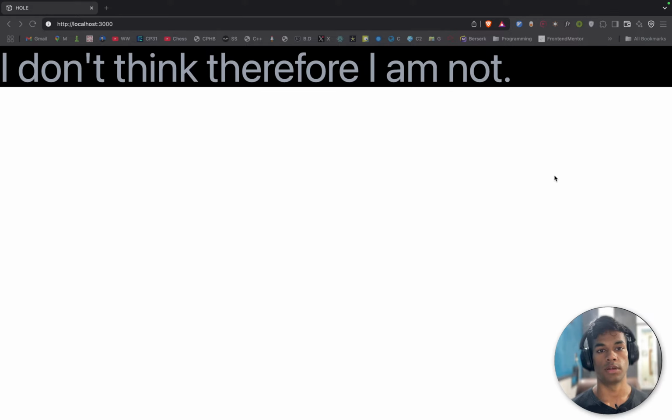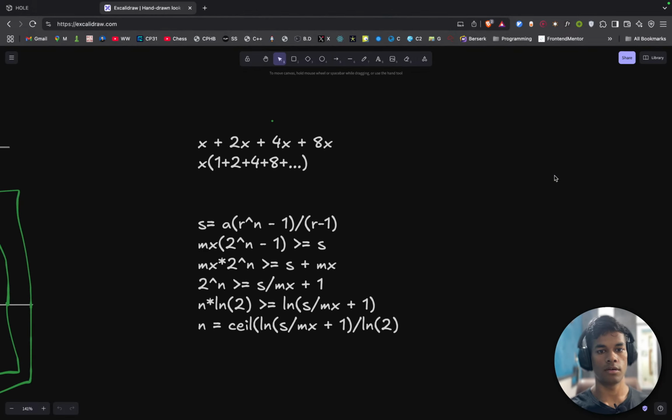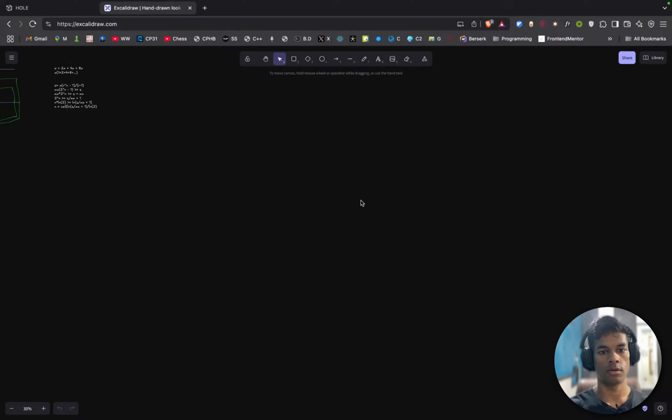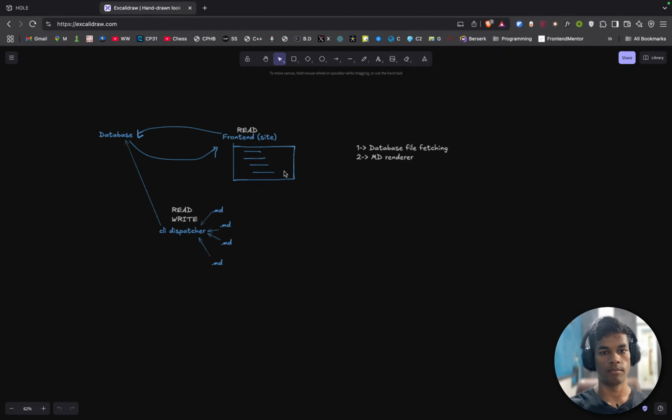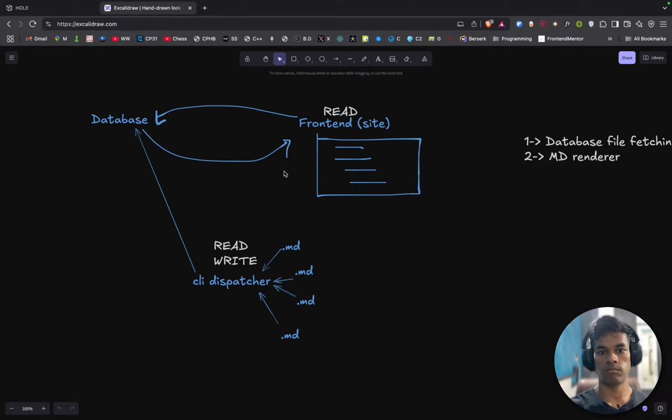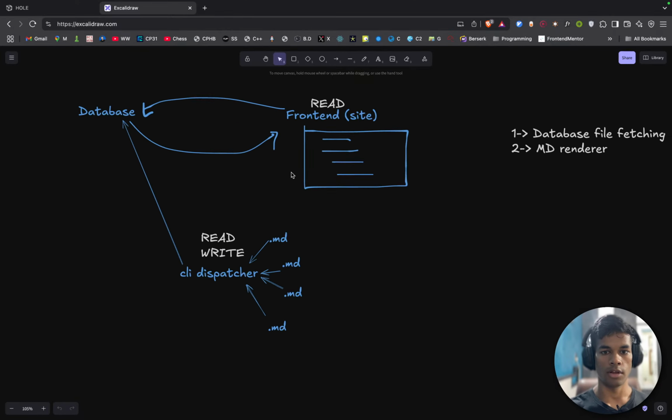I don't know. It will be fetching. Okay, I think I created something on Excalidraw. Yep, this thing. There's my database. There's my front end. This is what I'm working on.